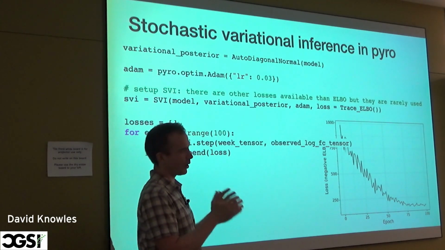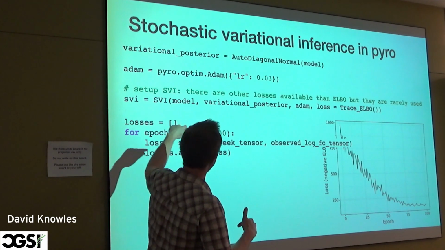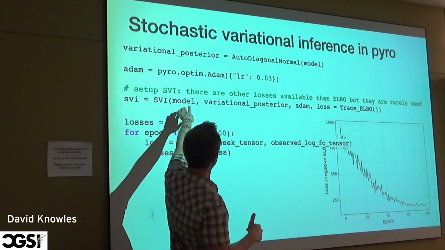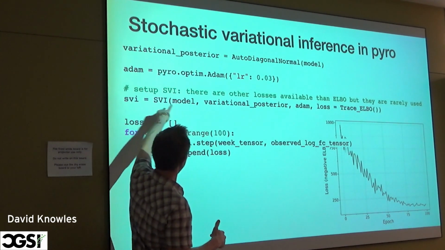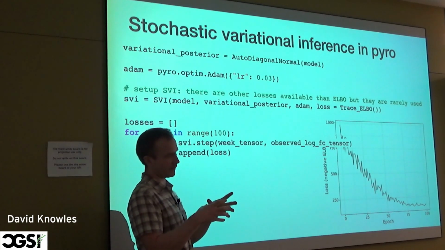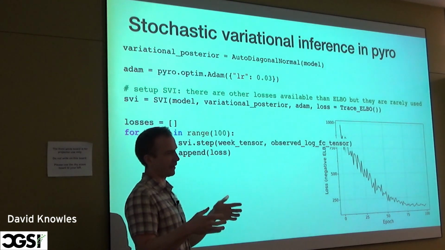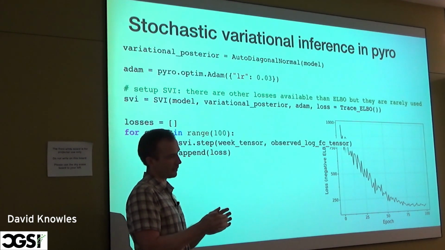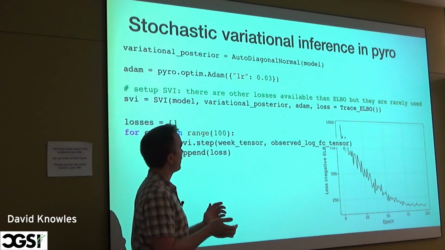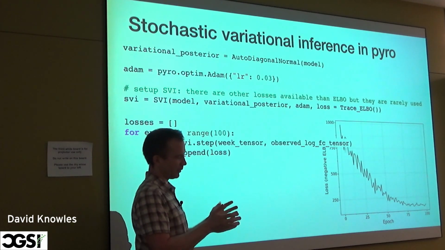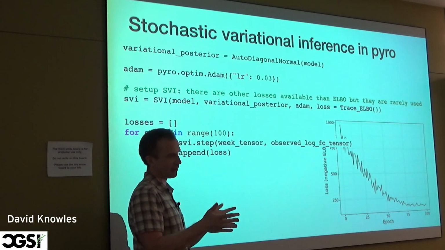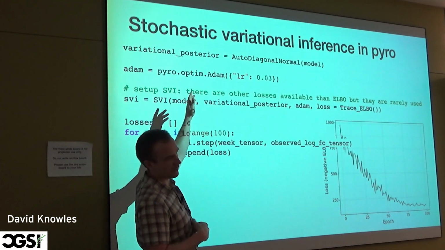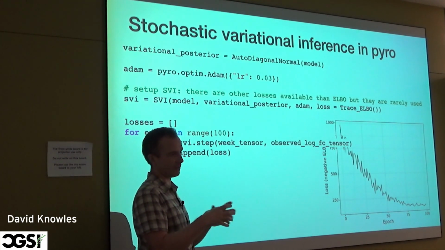And because the SVI has access to the model, what it does when you do this call is run the model once and see what all the parameters are. In this case, it's just that guide score parameter. So it's going to see, okay, there's one parameter called guide score, and so I need just one mean and one variance in this variational posterior